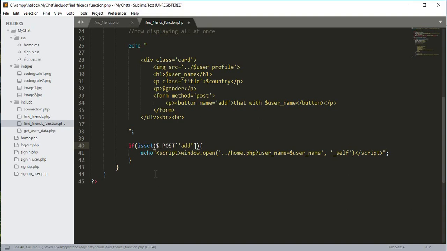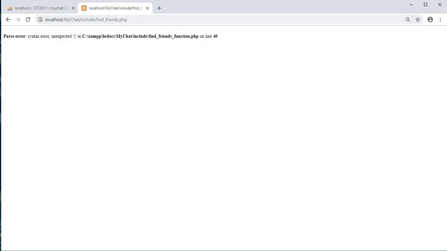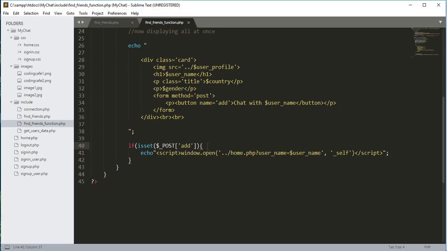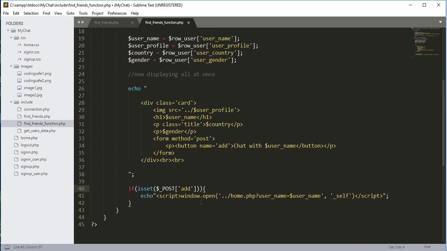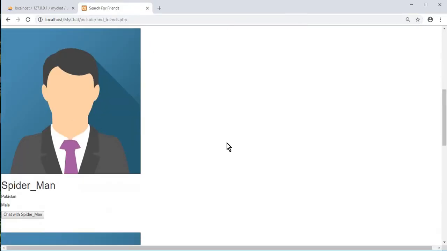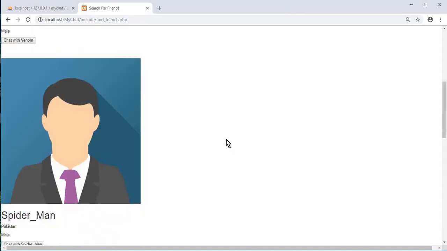Now it is correct. If we then refresh our page, okay, and we need to add a second bracket for this one and one bracket for this one. So now if we just save this and refresh our browser,